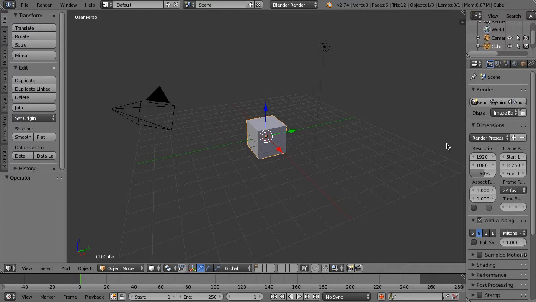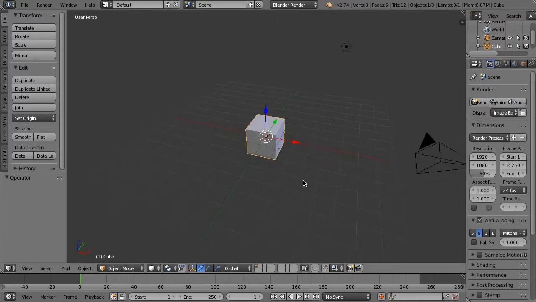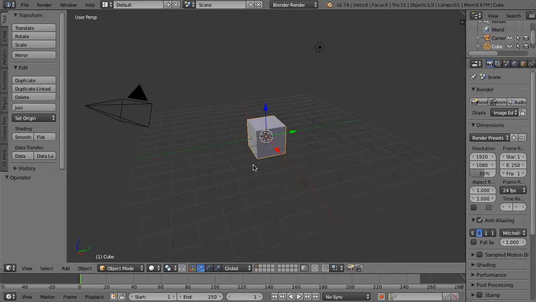So right off the bat, Blender is a 3D modeling program. Now you may be wondering what a 3D modeling program is. Well, basically, it allows you to design 3D things, or three-dimensional things, in a little environment here that we have on your computer. So it's a free and open source program. That means that you can go to blender.org and download it for Mac, Linux, or Windows. And you can also change it if you feel that's what you want to do,